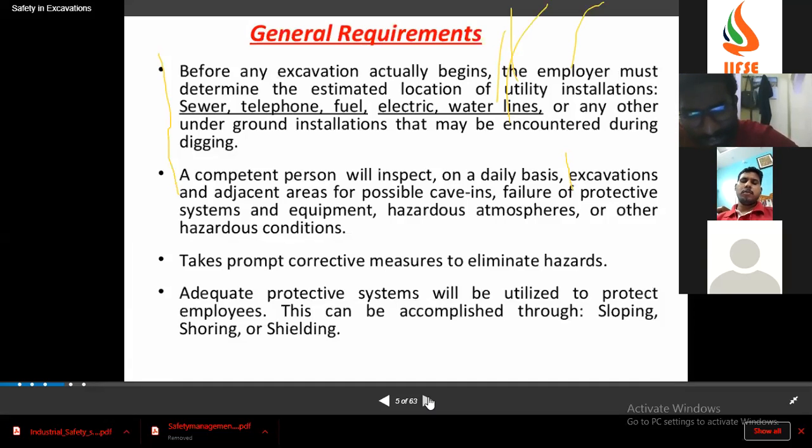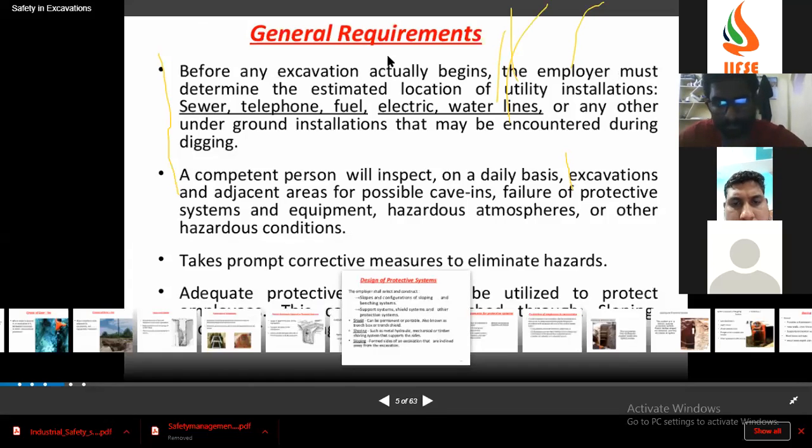Fine. The competent person will inspect excavations on a daily basis. What kind of inspection does he have to do? Why on a daily basis? Because he will check the shoring supports,